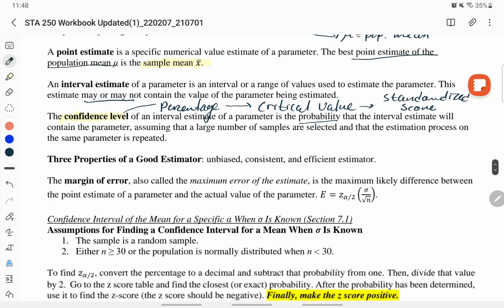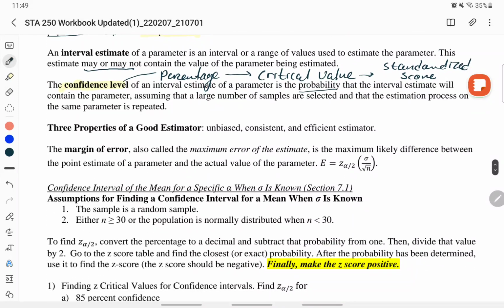All right. Three properties of a good estimator. It is unbiased. That means everyone in the population has an equal chance of being selected, which means the sampling is at random. When you perform the confidence interval, your data is consistent. What is the point of estimating if our data isn't consistent, if it doesn't make sense, if the data isn't reliable? And it is an efficient estimator,